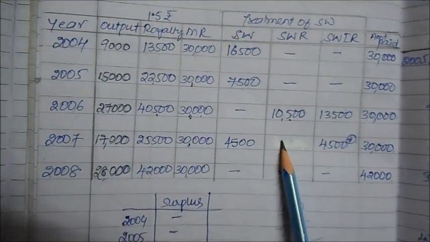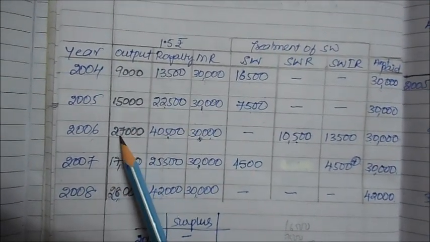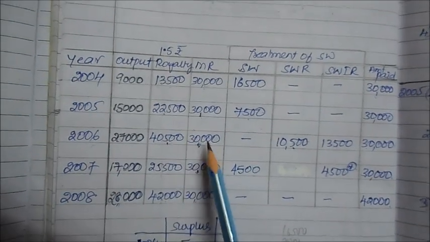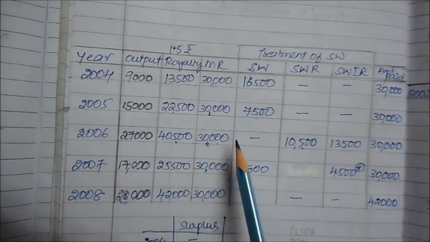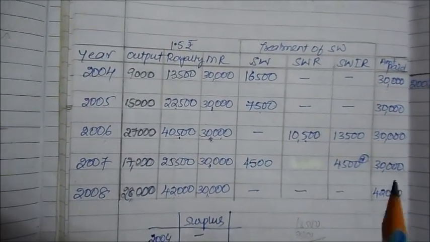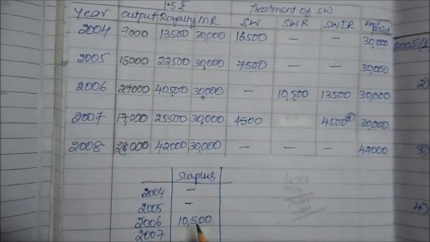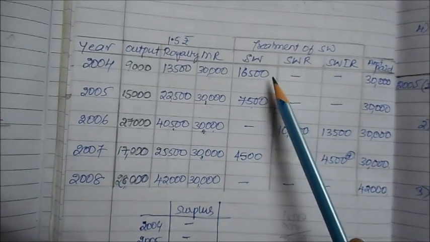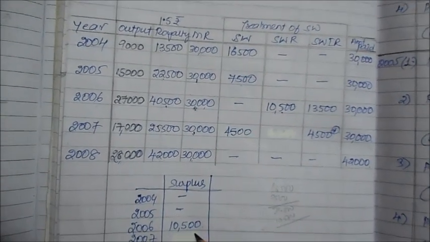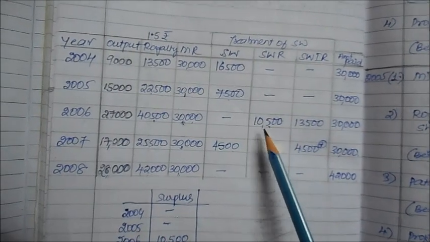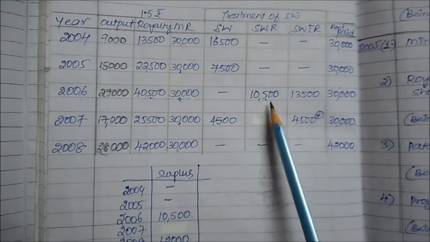Now the third one, minimum rent is less than the royalty. That means increased sales have given you a high royalty to be paid, but what is expected to be paid via minimum rent is 30,000. This difference between the two is surplus, an extra benefit, extra profit that you have generated. Now there comes a surplus of 10,500. Whatever extra expense I incurred in the previous 2 years, I can recover from this surplus. How much exactly can you recover? Only to the extent of the surplus you have generated. So that much amount I have written in short working recovered.